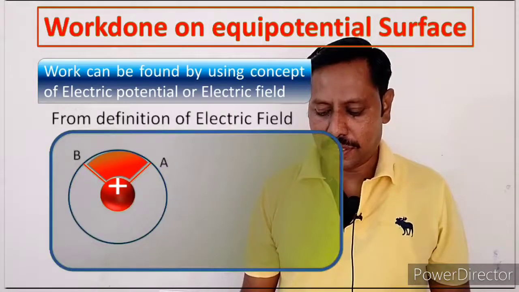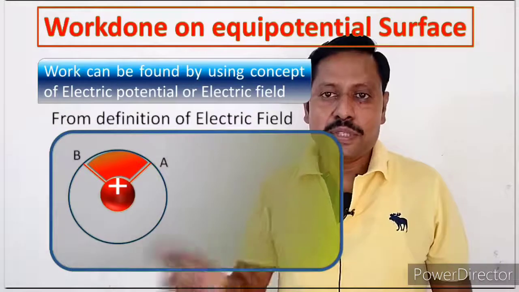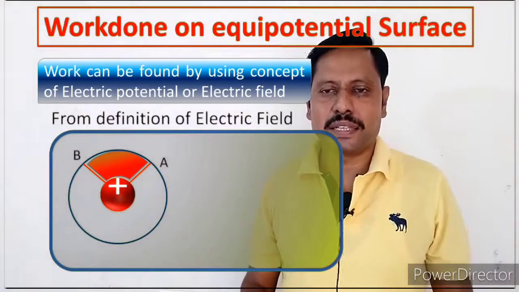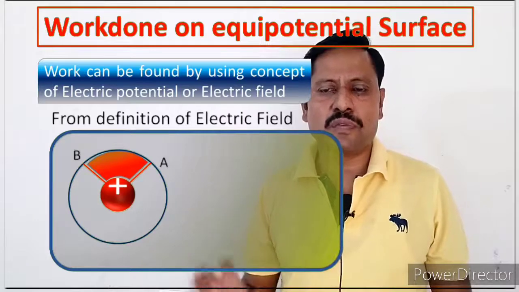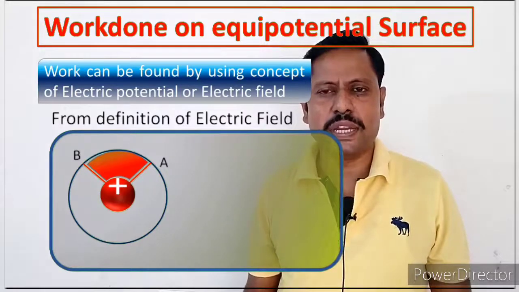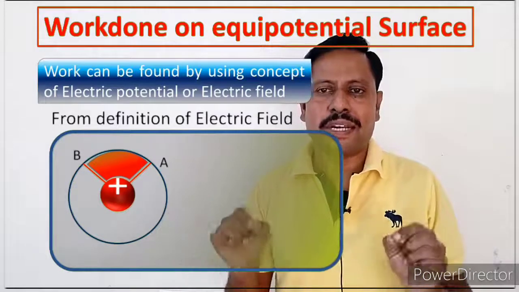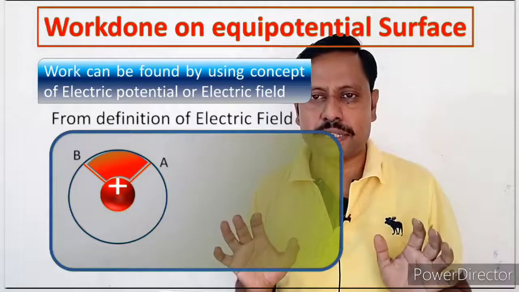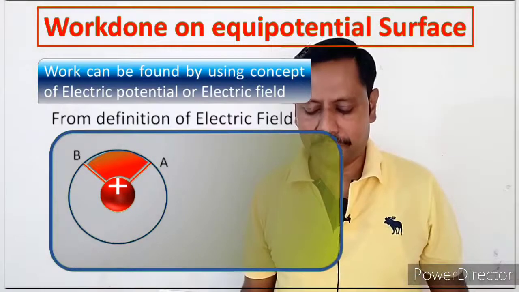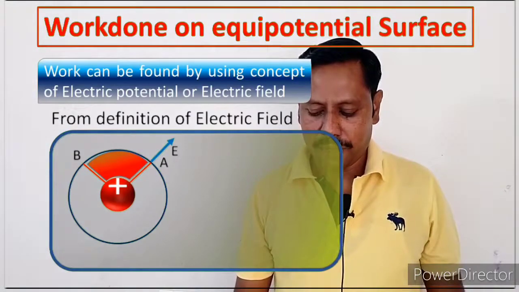Now let's find out the work done by using the concept of electric field. When I am using the concept of electric field, let us say that the displacement of the charge is extremely small for convenience. In the diagram you will see that the gap looks a little bit wider, but let us say that we are moving through a very small displacement dx, or say some dl. You can see in the diagram now.